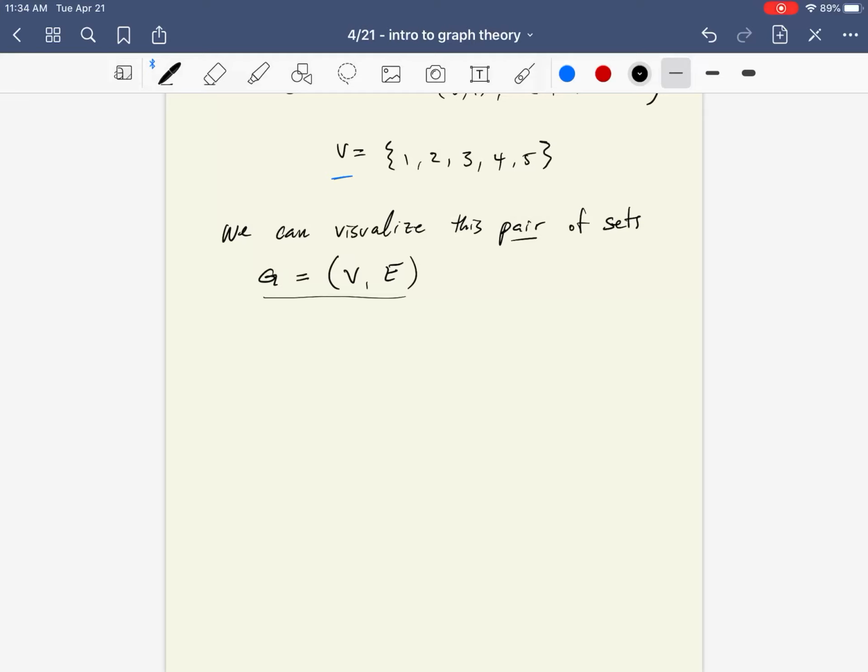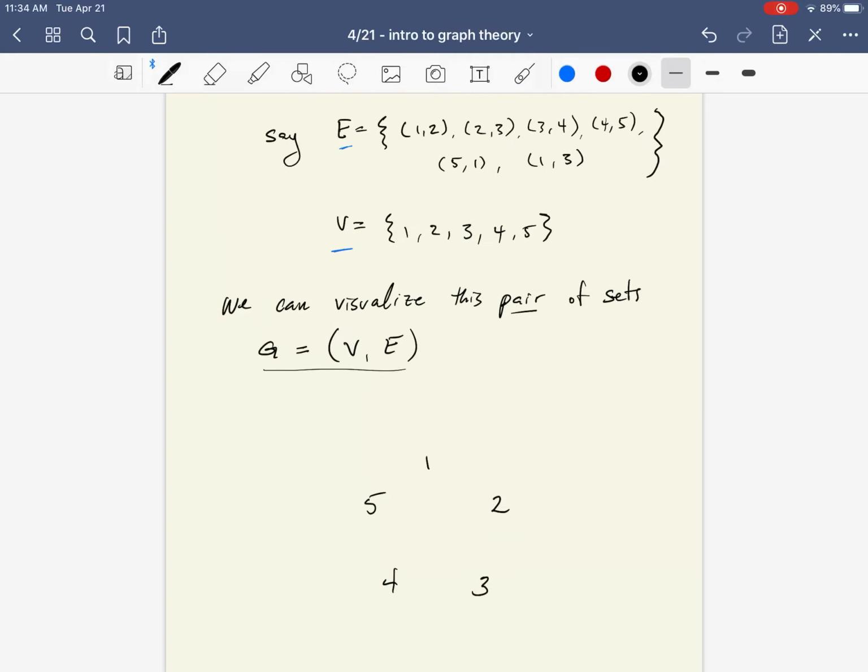Let's just put our vertices 1, 2, 3, 4, and 5 in a circle going around, right? And then I'll draw little circles around these. Okay. So then for every pair that we have in our edge set here, 1, 2 is going to correspond,